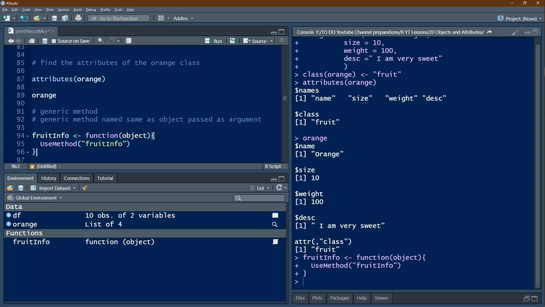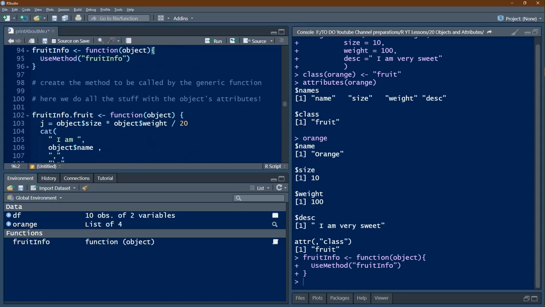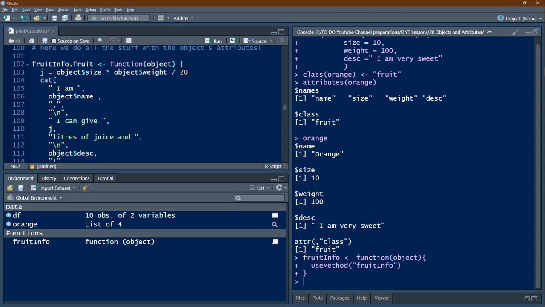Same way here, fruitinfo, and it has to call the class that is fruit. So fruitinfo.fruit is the function which it has to call. So this function is now defined here, function object.